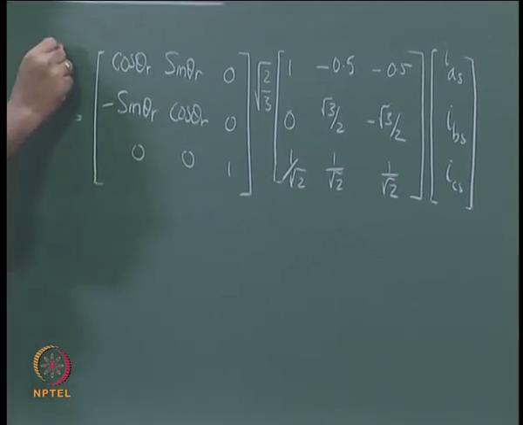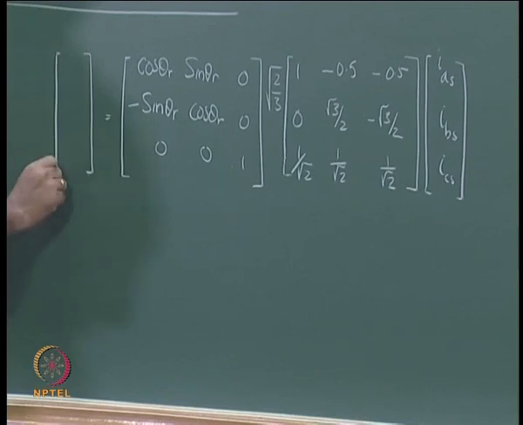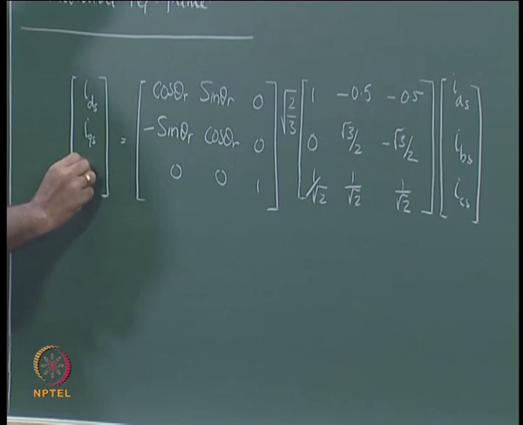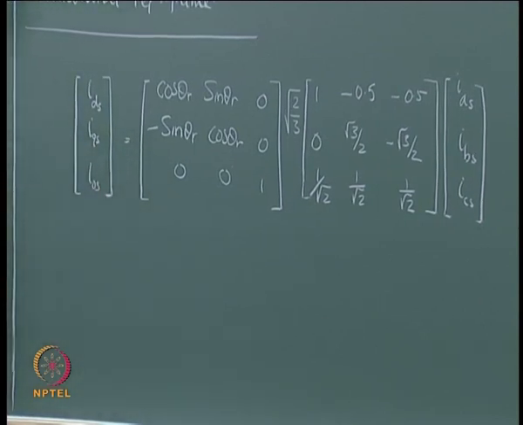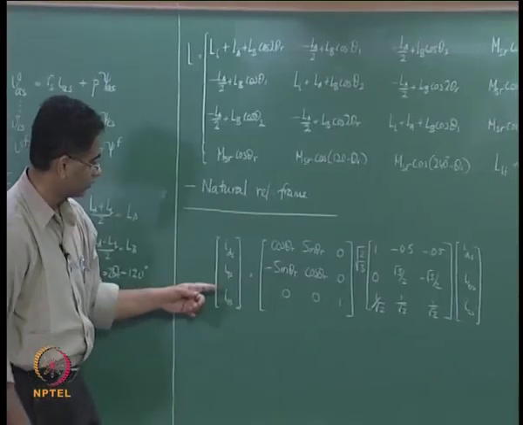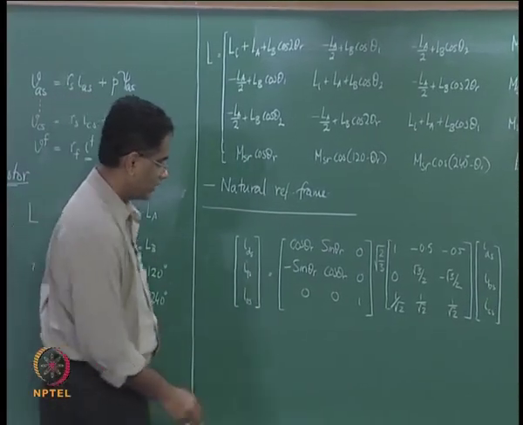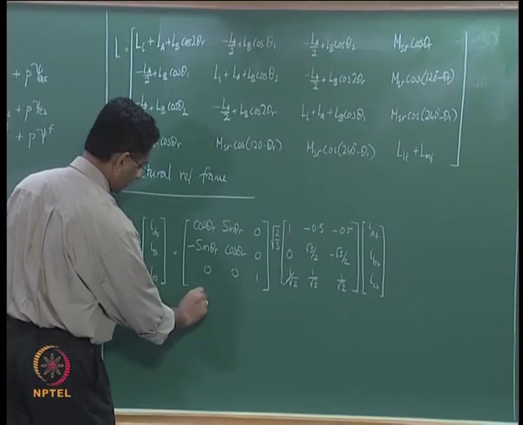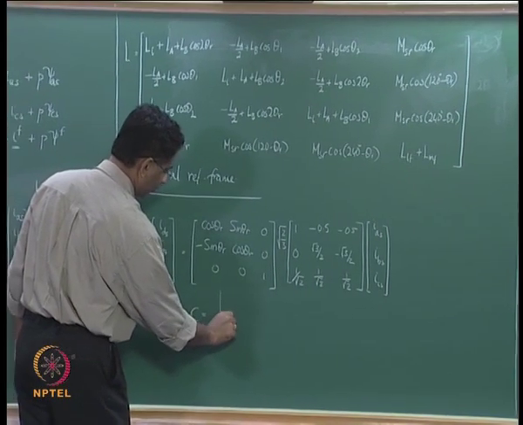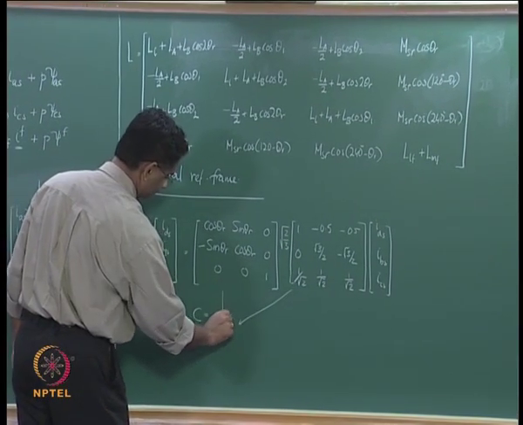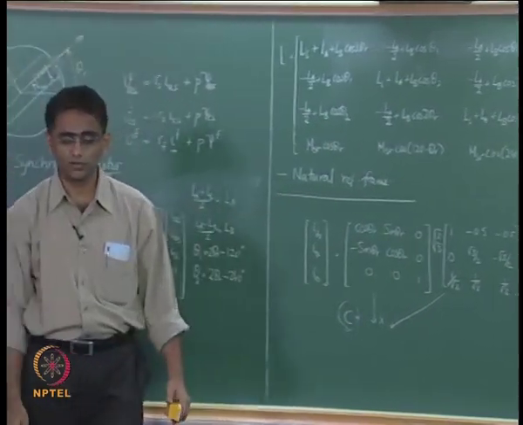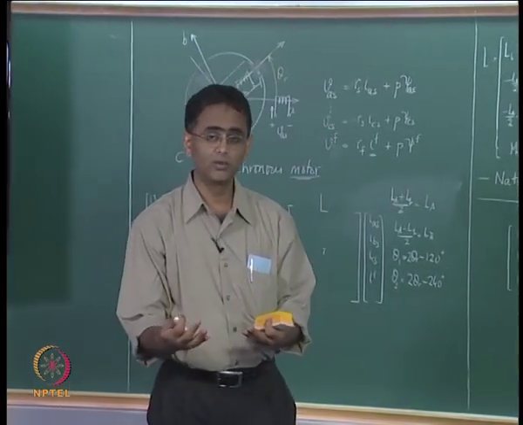So this is now going to give us IDS, IQS and I0S. In order to convert ABC to DQ and 0, we need to derive the transformation matrix, let us say C, as this matrix multiplied by this matrix. That will give us the total matrix C, which one can use to transform the stator variables to the DQ